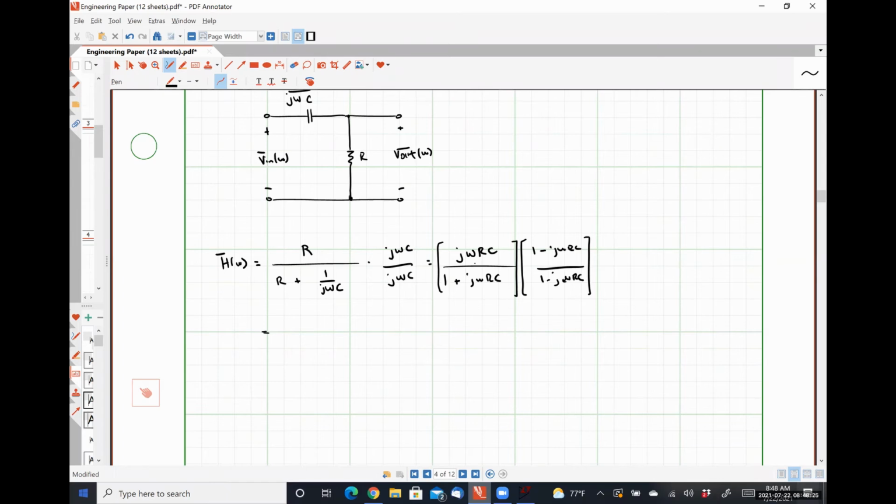So I'm going to have, let's see, j omega RC times negative j omega RC is going to look like omega RC quantity squared, plus j omega RC, so that's my numerator. And my denominator is going to be 1 plus omega RC quantity squared. Hopefully that complex math was fairly straightforward to follow. From this,